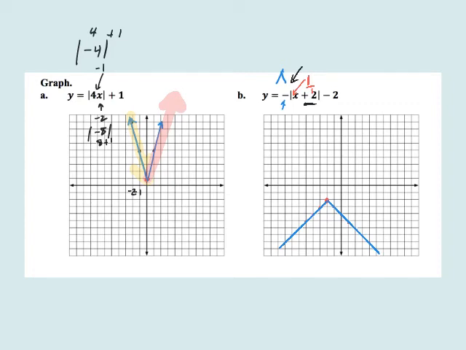Well, if the vertex is on the y-axis, that means that when the input value changes from negative to positive, our graph changes direction. Now, when it's not on the x-axis, our input value changes